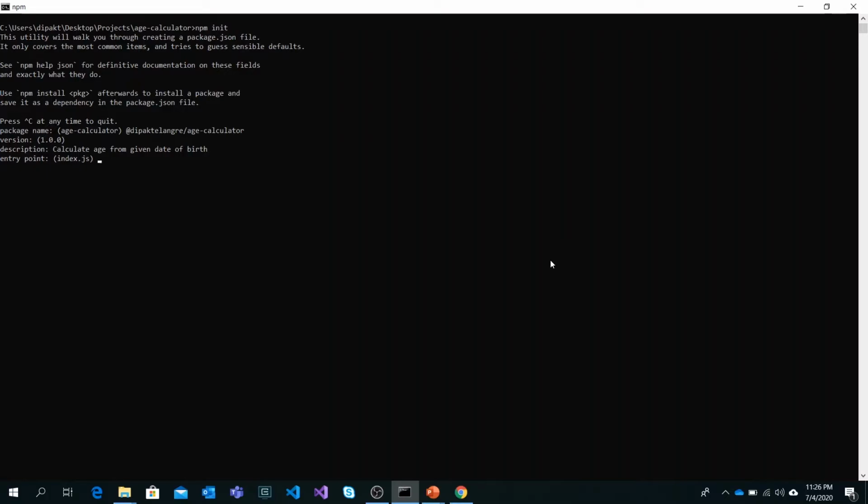In our case, I will go with the default index.js for now. As of now, we haven't created any Git repository, so I will go with blank. Just press enter. Keywords will help you to search for your package in the npm registry. We will definitely add some keywords, but we will do it later in the course.